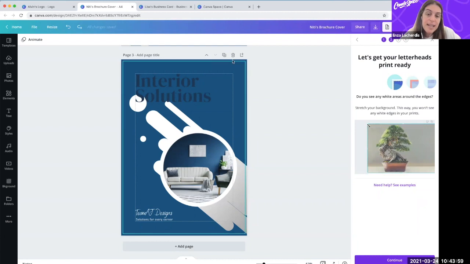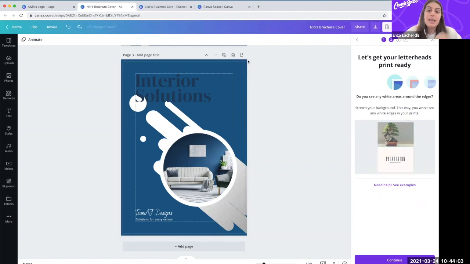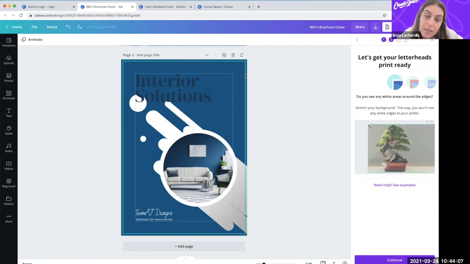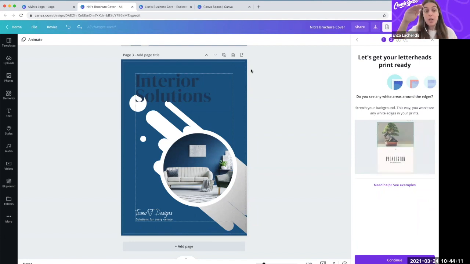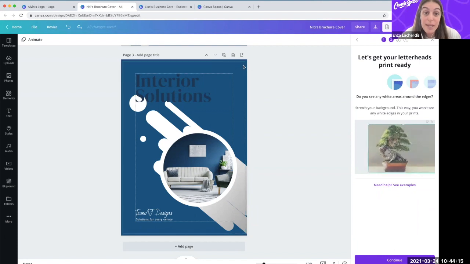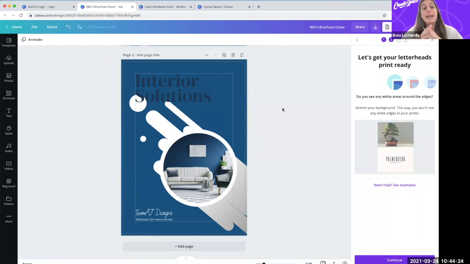What this design has done is it's actually picked up my background elements, and you'll see this extra little gray dotted line through here, and it's extended that for me. So I don't manually need to go in and do that. Sometimes it will make that white, and you need to select your background and extend it. But in this instance, it's picked up that this is my background color and done it for me,